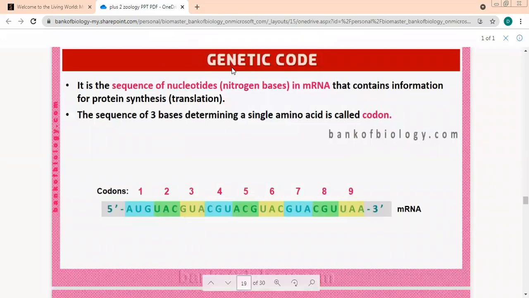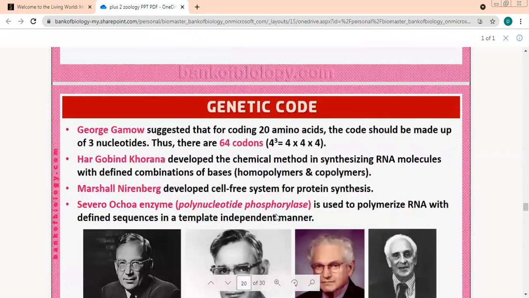So what is this, beta? We had already done yesterday, from DNA, we had already made mRNA. This process was already done yesterday. So this is your mRNA that you have got. In mRNA, these nitrogenous bases are attached. This is the whole sequence. If we take 3 bases together, these three will determine a single amino acid. One amino acid will be made from this, one from this, one from this. So basically 3 bases together will make one amino acid. Will it be understood now?